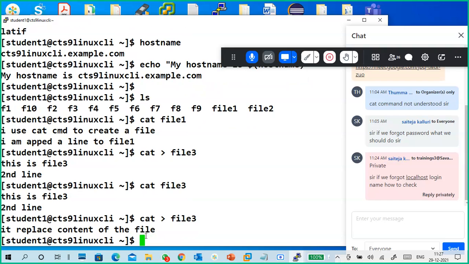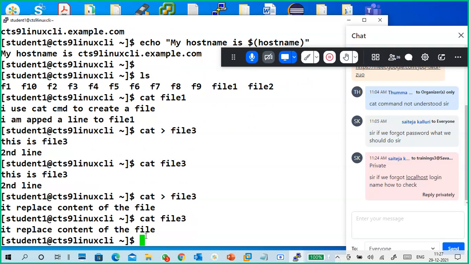Okay. Control D. See what is the data in my file 3. So look at there. Replace the two lines which I inserted earlier with a new line.